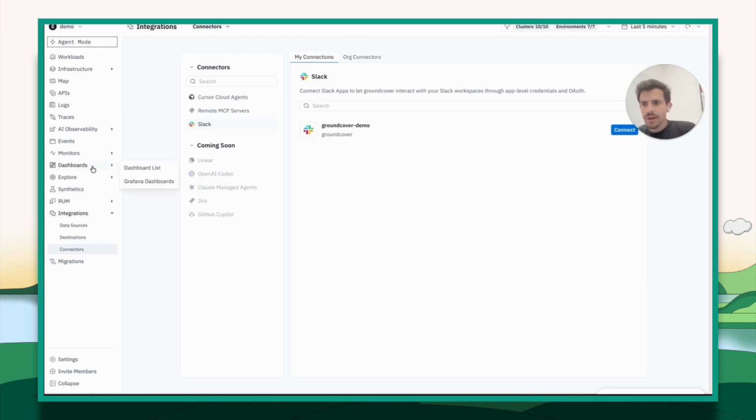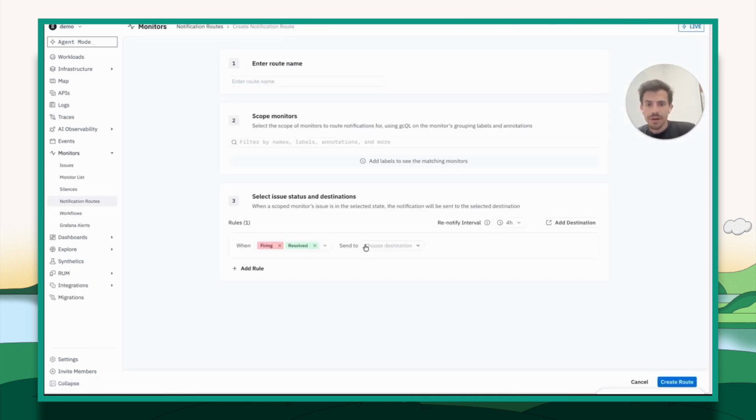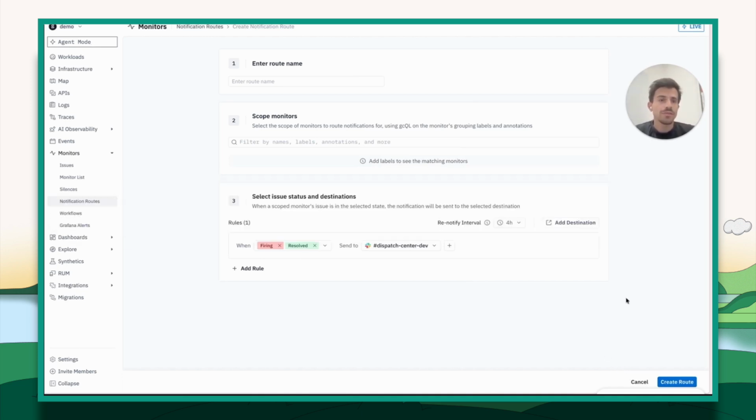I could go ahead now, for example, and go to notification routes, create a route, choose my Slack app. You could see it has the app icon, and inside you will see all the different channels, and I can search. Something like this, and just pick that and create a route which sends notifications to that channel. So users no longer need to be an admin to create the Slack webhook